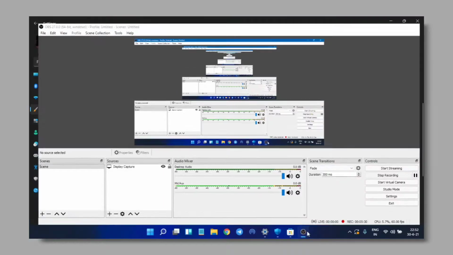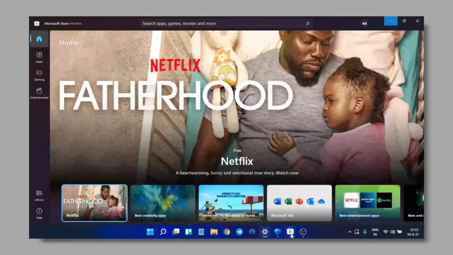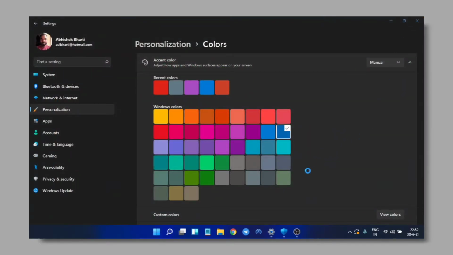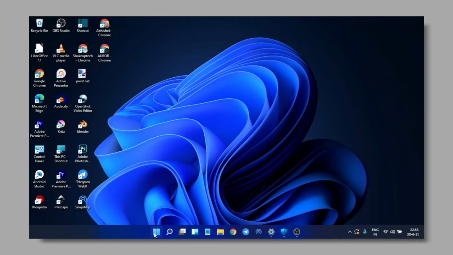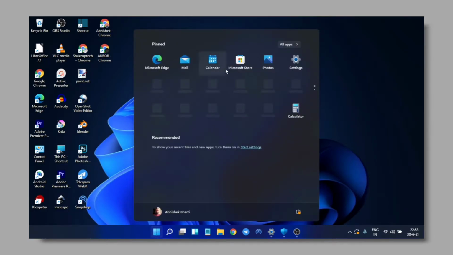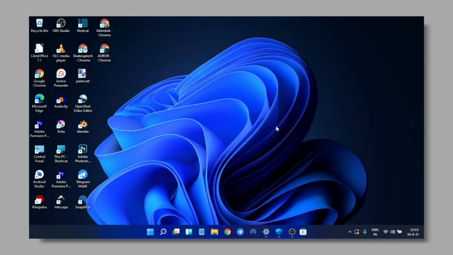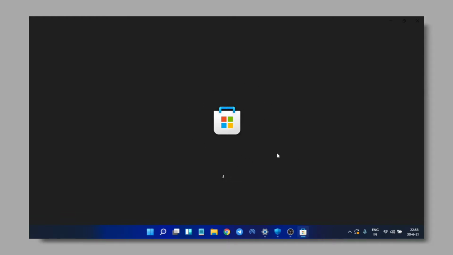My app is running, so this is responding. This is the new Microsoft Store. I will show you the logo. If I close it completely and open it again, let me go and minimize this. Wait for it until it is done. If I open the Microsoft Store, this is the new logo, and the